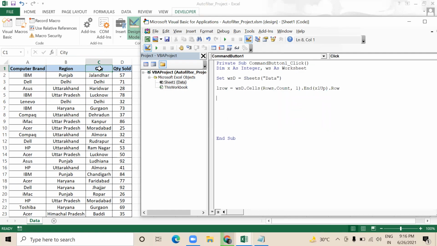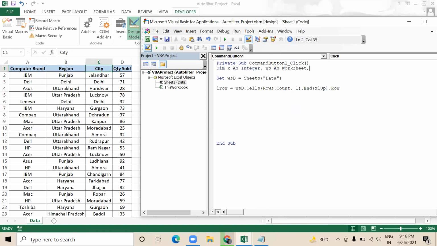In order to do this, I will say WSD.Cells(1,3) or (2,3).Select. Okay guys, let me make it more dynamic. I am using the dynamic functionality here.